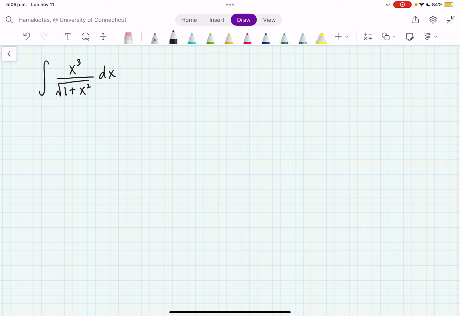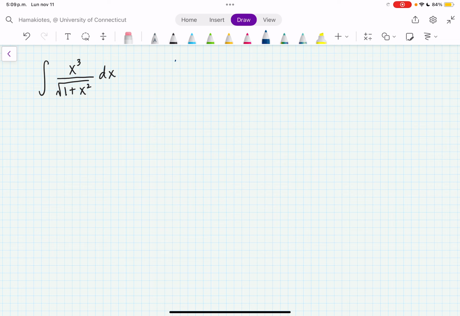In this video, we are going to compute the integral of x cubed over the square root of 1 plus x squared dx. To do so, we're going to use u-substitution, although it's not immediately clear what my substitution will be. If I let u equal x cubed, then du would be 3x squared dx, which is not particularly useful. If I let the x squared in the denominator equal u, then du will be 2x dx, which is not immediately useful either. So I'll end up letting u